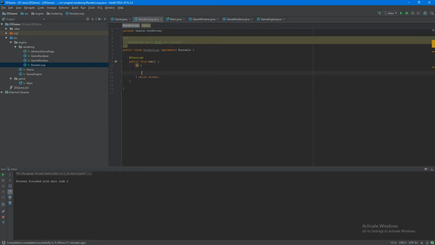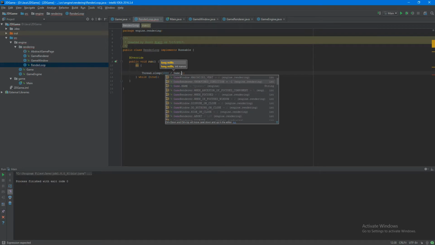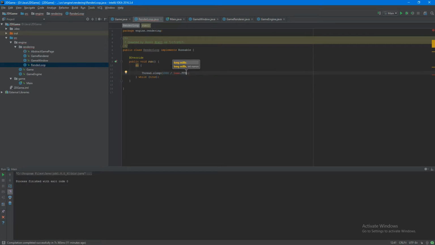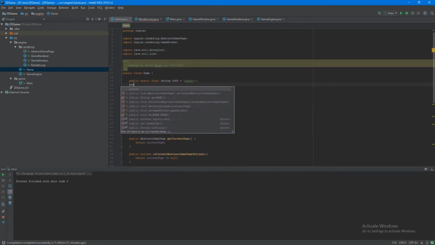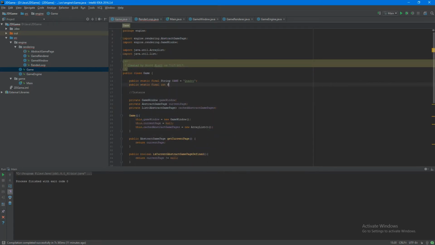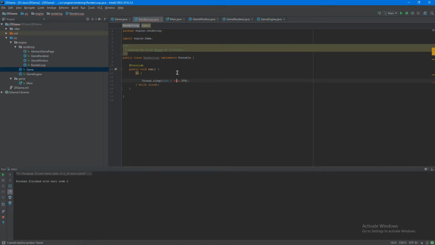And we need to Thread.sleep 1000 divided by Game.FPS. So we're going to need to define the FPS. It should be a public static final int FPS equals 120, divided by Game.FPS. We're going to need to try-catch this, and then we can do Game